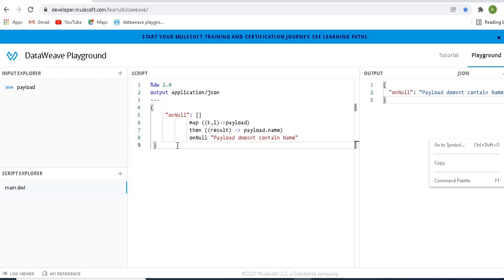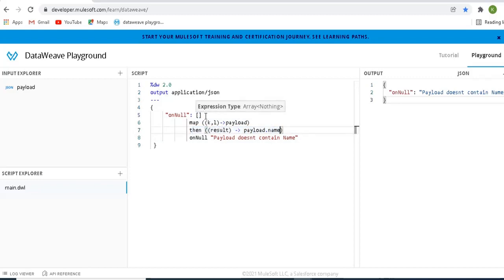See, earlier on null. We are not sending any input, we are not passing any input parameters, arrays or strings, nothing. Here this is null, but we are capturing result payload dot name. There is no payload, so payload dot name is also not available here, which means it will return null.